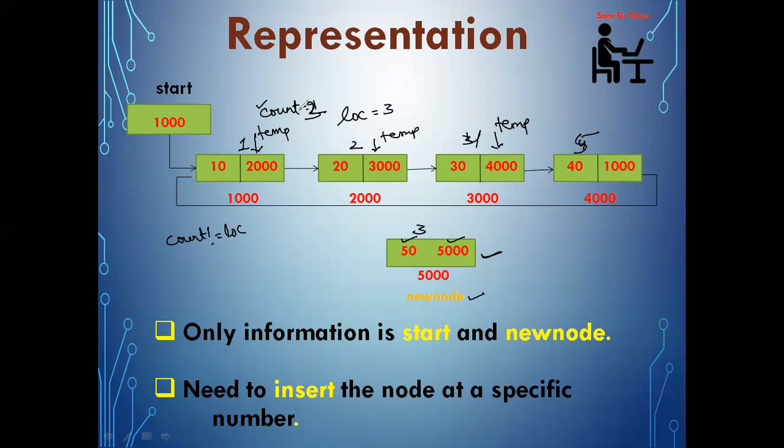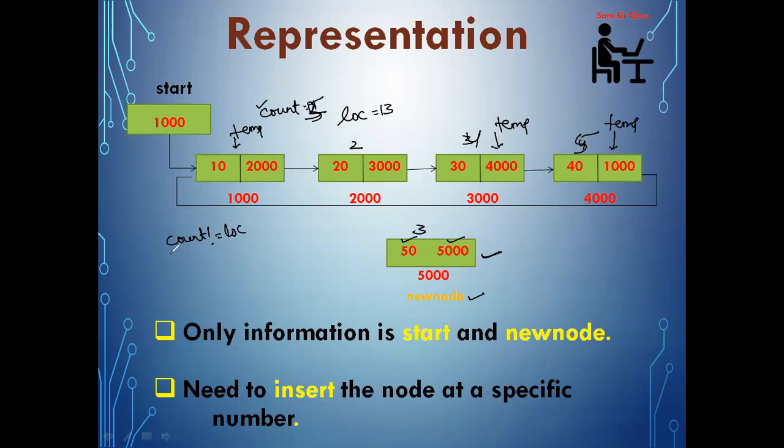Now this is the case where I'll get the node where actually I need to insert. Temp will point to that exact node at which location the node needs to be inserted. But suppose the location I have entered is 13. Now count will go on incrementing and count is not equal to location. 3 is not equal to 13. Temp will come to this one. After that, count will become 5. Now temp will again come to the first node.